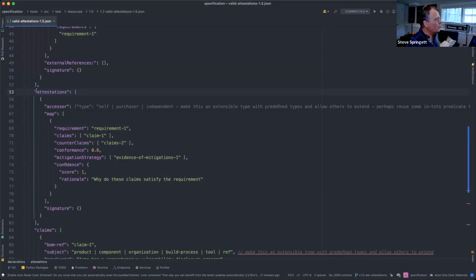I think there's one really important aspect that's currently missing, and that is, what are we actually attesting for? So if you look at the SSDF document from our friends at NIST, for example, you can attest to a product, you can attest to a product family, you can attest to the entire organization. And I think there was another option in there as well. That's the obvious piece that's missing right now.